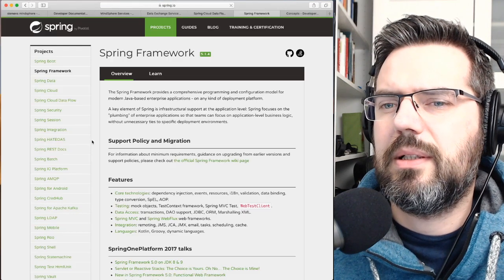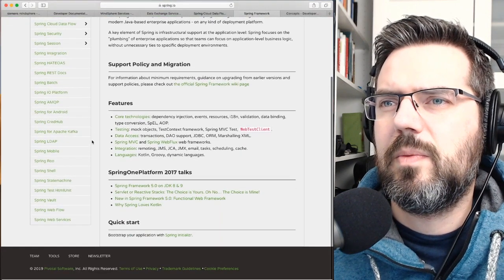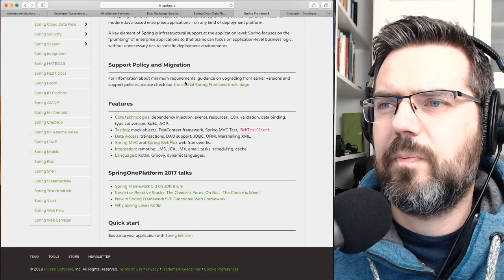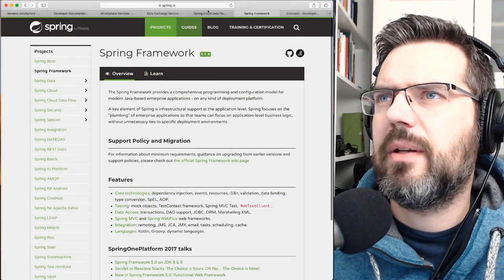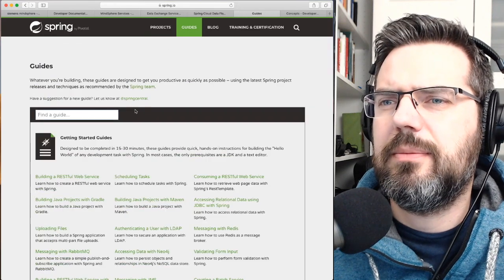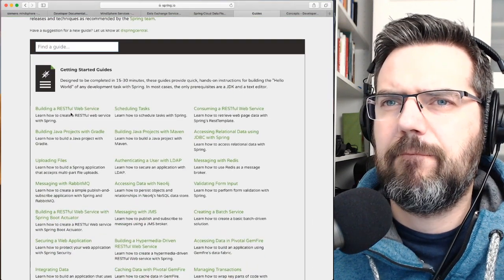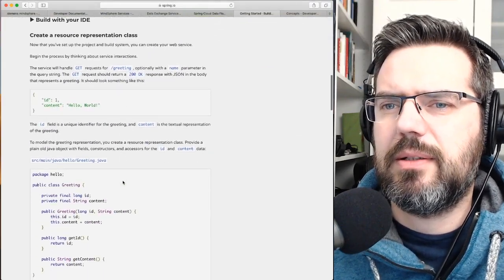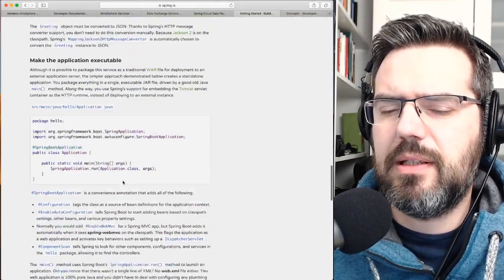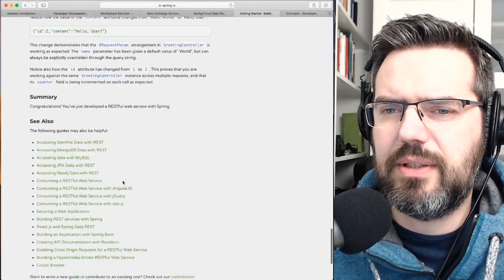Spring Framework. Building a RESTful web service, for instance, how this works and so on. Spring Framework is very interesting.